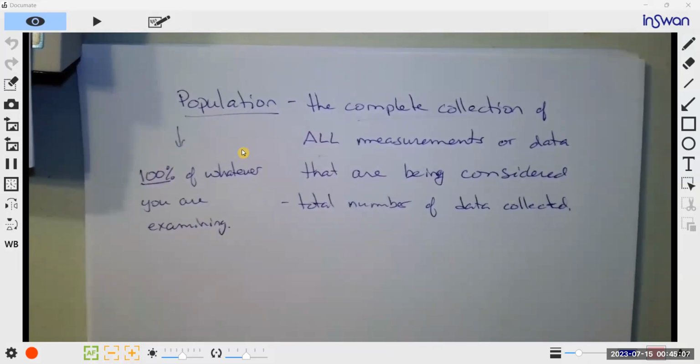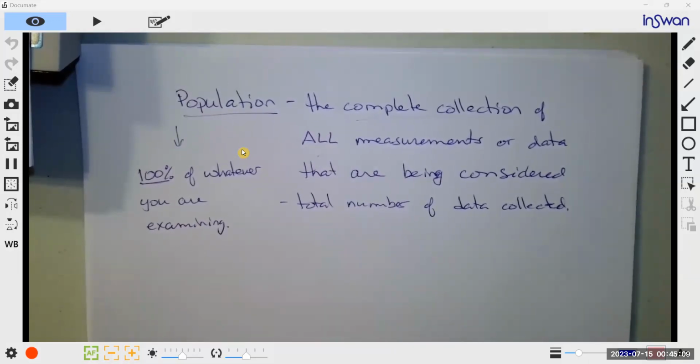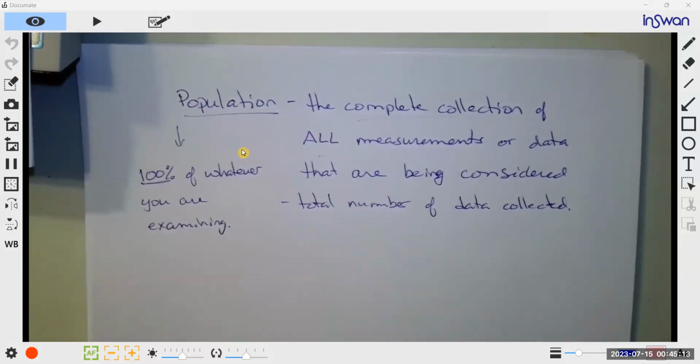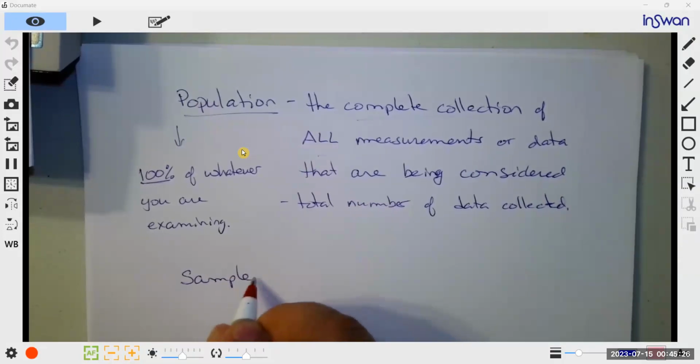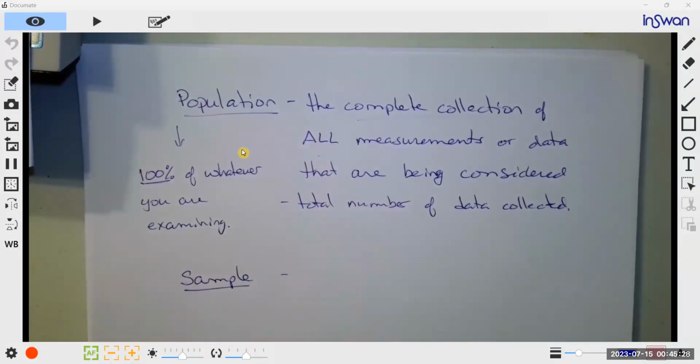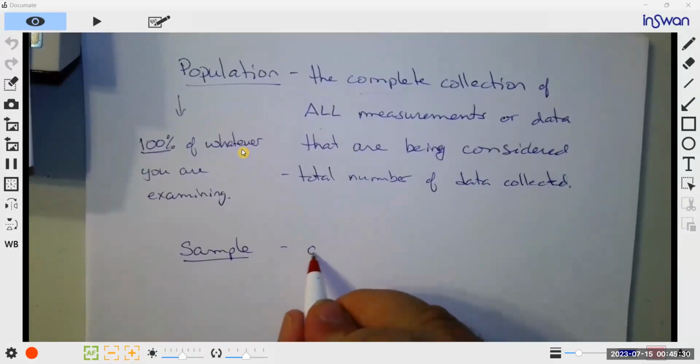For example, the population of the world is around 7 billion people. But if we were to do a study, we couldn't survey or observe 7 billion people. So what we do is we look at a sample,